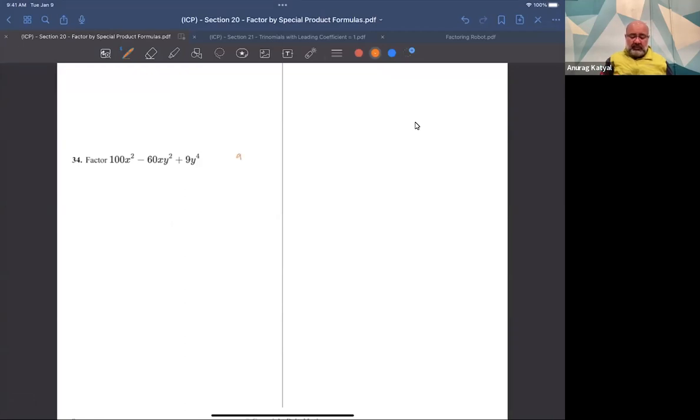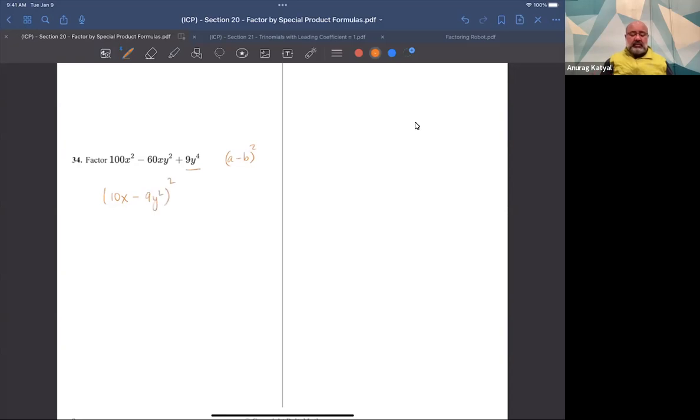The only factor of 9 is 3 and 3. 3 doesn't go into 100, so there's no GCF as far as numbers go. This doesn't have an X, this doesn't have a Y, so there's no GCF. And we ask ourselves, how many terms? Well, we have 3 terms. So we find the square root of 100x squared, that will be 10x. Minus, because there's a minus in the middle, so we have to use the A minus B formula. The square root of 9y to the 4th would be 9y squared,